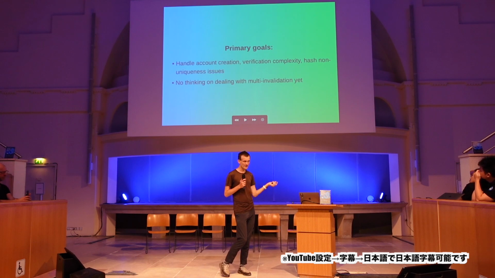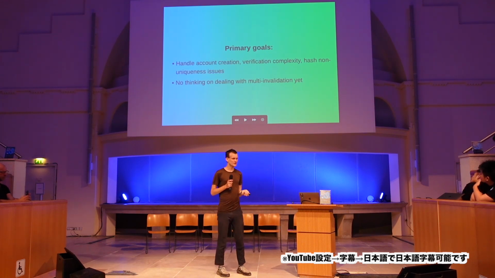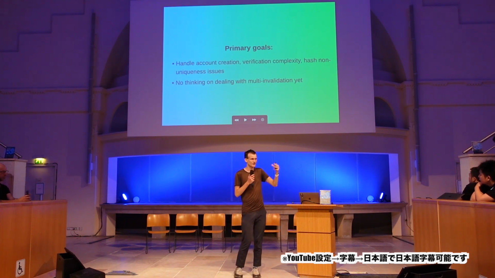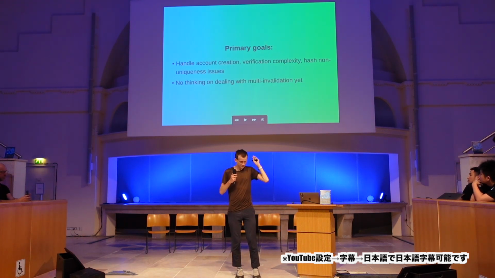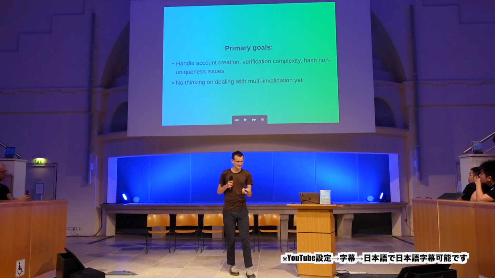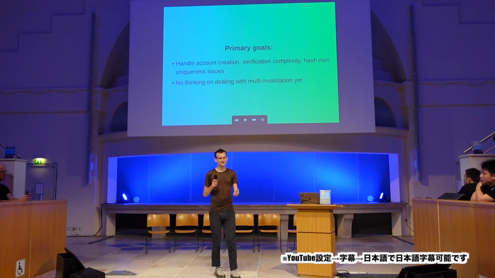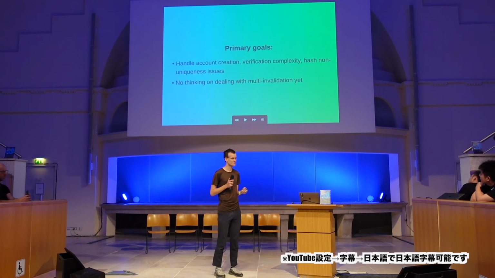The primary goals: 1, handle the account creation problem; 2, reduce the verification complexity, reduce the complexity of the account code; deal with the problem of hash non-uniqueness. But there has not yet been any thinking on dealing with multi-invalidation. So,